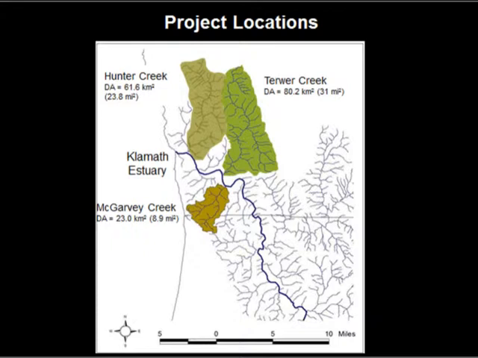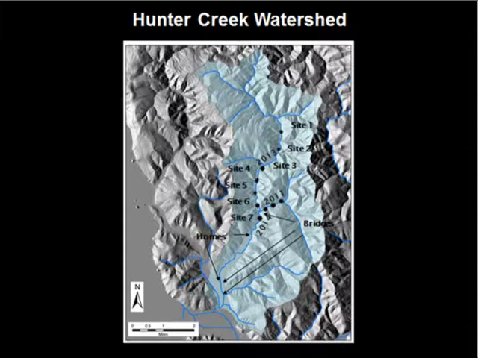The project locations that I'm going to show you today are in the Lower Klamath: Hunter Creek, Turwer, and McGarvey, and I'll first focus on Hunter Creek. We started with a top-down approach, working in the upper watershed back in 2013, and worked our way through. Actually, we started in a small tributary in 2011 and got landowner buy-in to the approach, and then got into the main stem and worked our way through. We've completed 7 sites. The watershed has homes and 3 bridges.